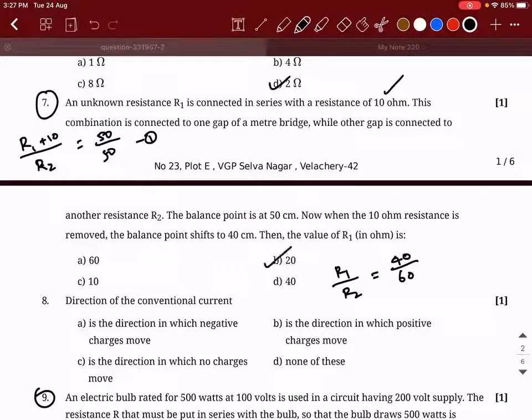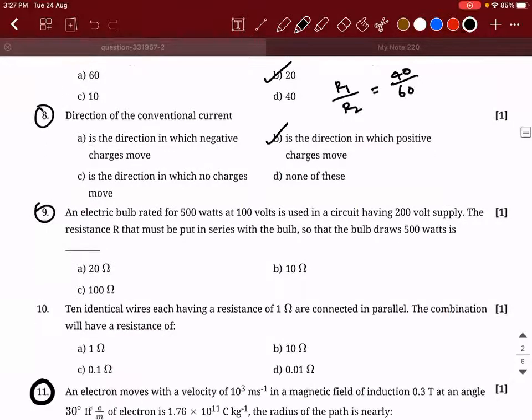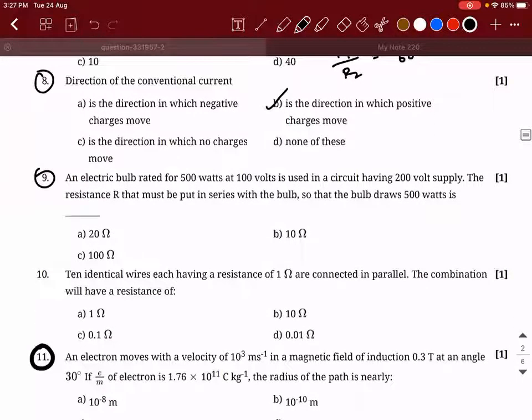20 ohms. 120. 3 ohm. Correct. So the direction of conventional current, everybody knows this, is the direction in which positive charges move. Right. Ninth one. An electric bulb rated 500 watts at 100 volts is used in a circuit having a 200 volt